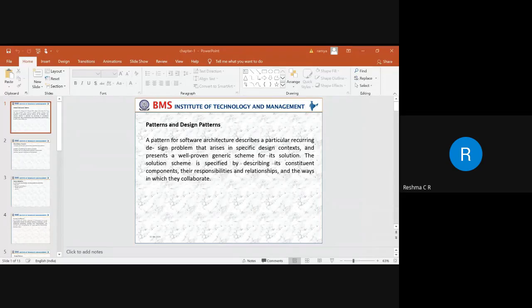So next we have module 5. In module 5, what we are identifying is what a pattern is, what the different categories of a pattern are, what a design pattern is, what an architectural pattern is, and what idioms are. These are the things that you are going to learn with respect to module 5.